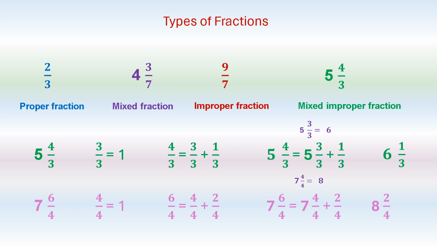Okay, now we can simplify the 2/4, and we know 2/4 is equal to half. So we can say it's 8 and a half. Now let's look at addition of fractions. So we are adding 3 numbers. So we had 2 and 1/3 plus 3 and 1/3 plus 4 and 2/3, and it's going to give us